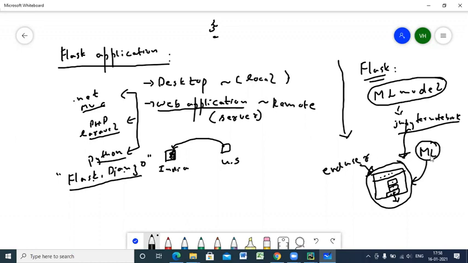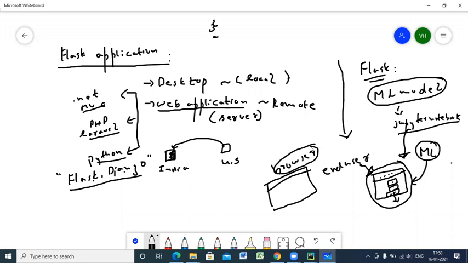Whatever machine learning model you built can be deployed using some architecture called Flask, or it can be Django. It is not only for machine learning applications. You can also do websites and web applications using Flask and Django. So our intention today is to learn a simple application, how to do an application in Flask so that we can run our project in the web, that is, in the browser. Our intention is to develop a simple calculator application so that we can run it on the browser. That is what we'll be doing now.